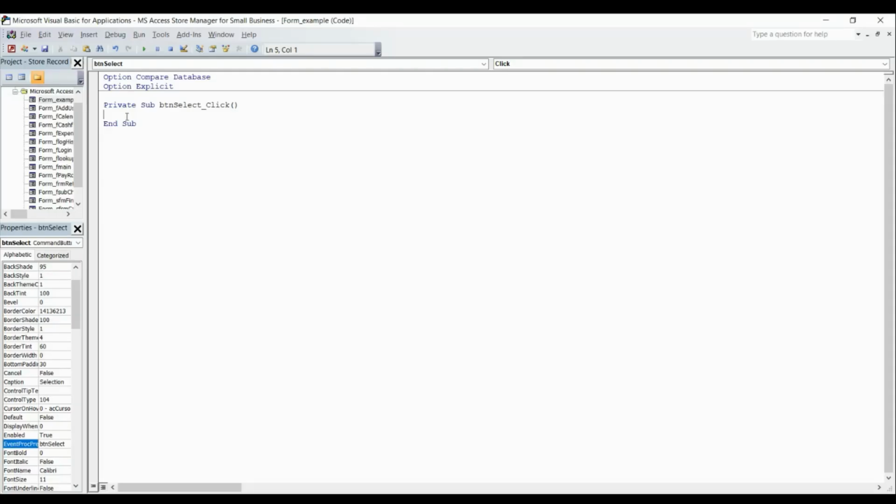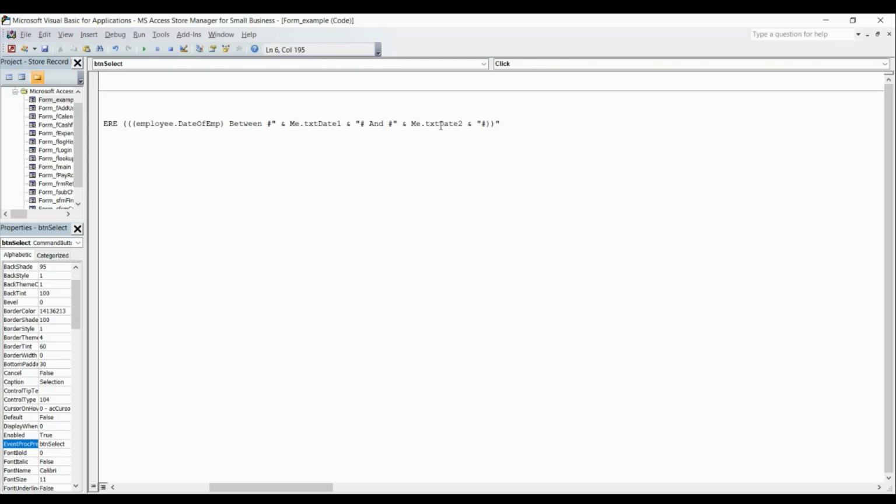So when we're here, we are going to write this code. We are declaring str as a string, and we are setting it to the query that we copied from the query builder. Remember, on our query we had dates. So we have replaced those dates with the text boxes that we have on our form. The first date is going to come from textbox date 1,